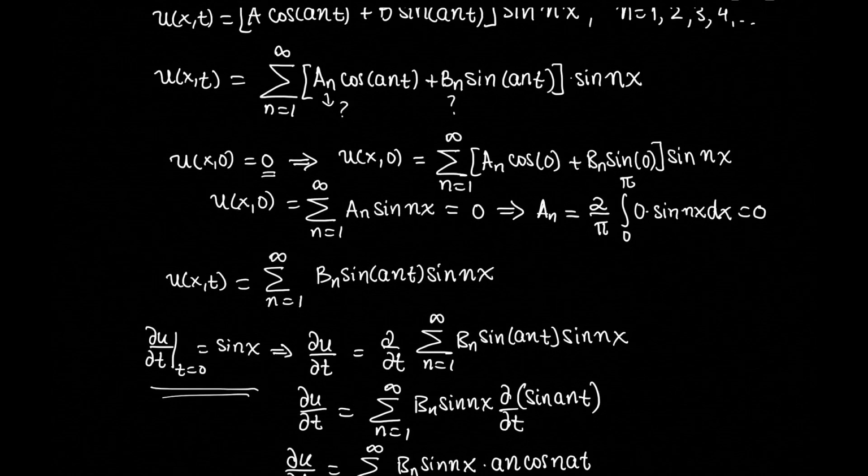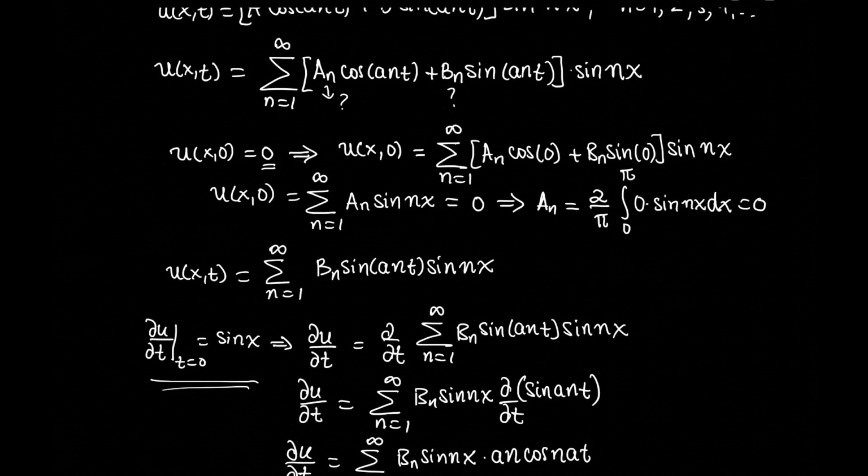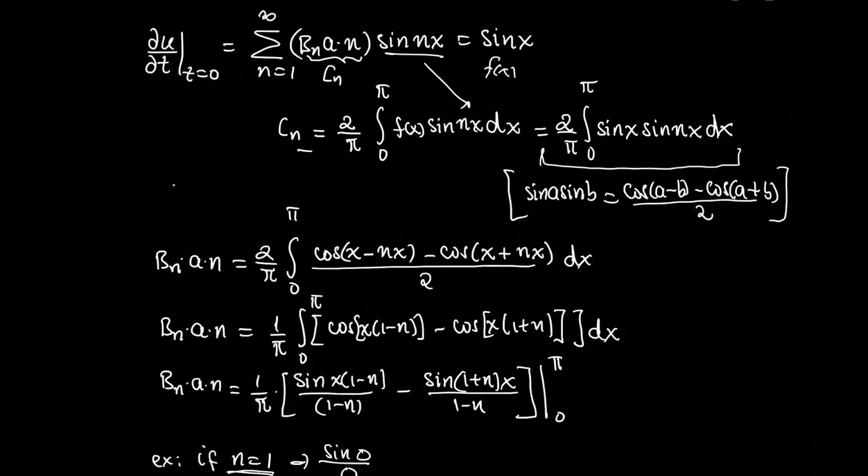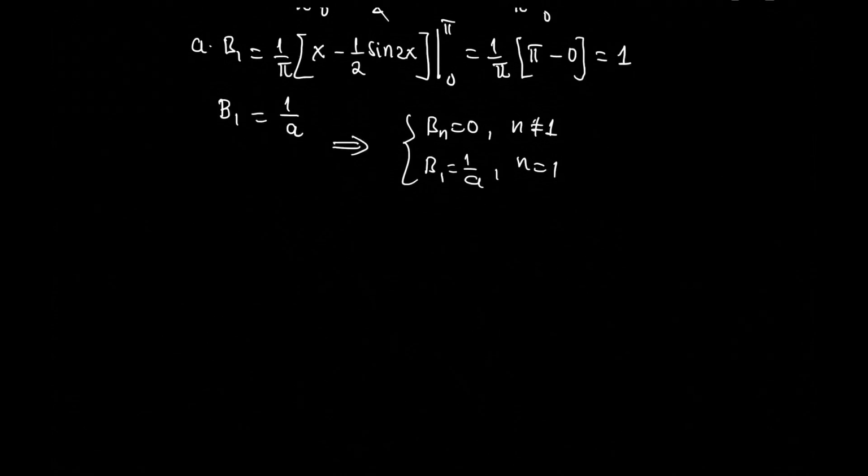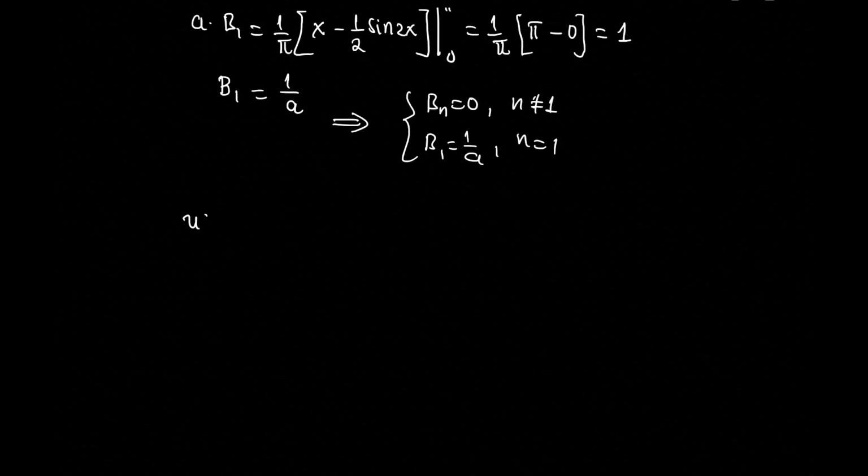Let me just find it, which is here. I have that an was 0. So in the general solution, I'm just left with u(x,t) equal summation 1 until infinity bn, then I have sine of n